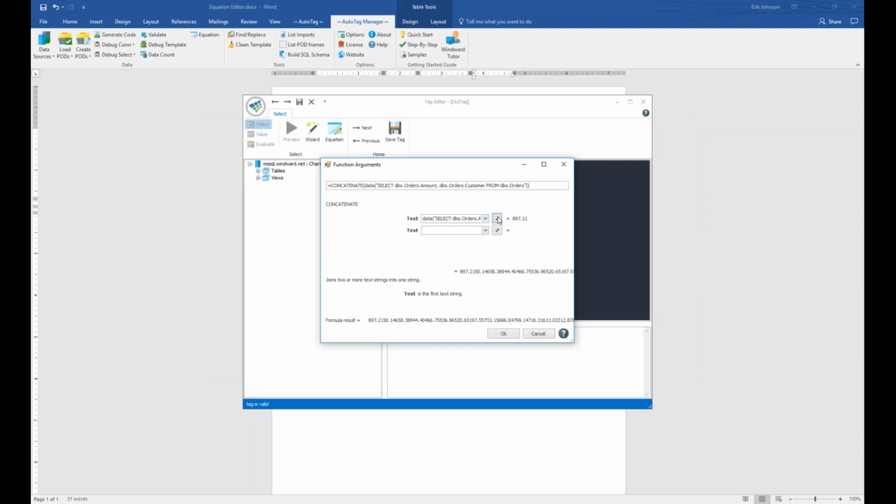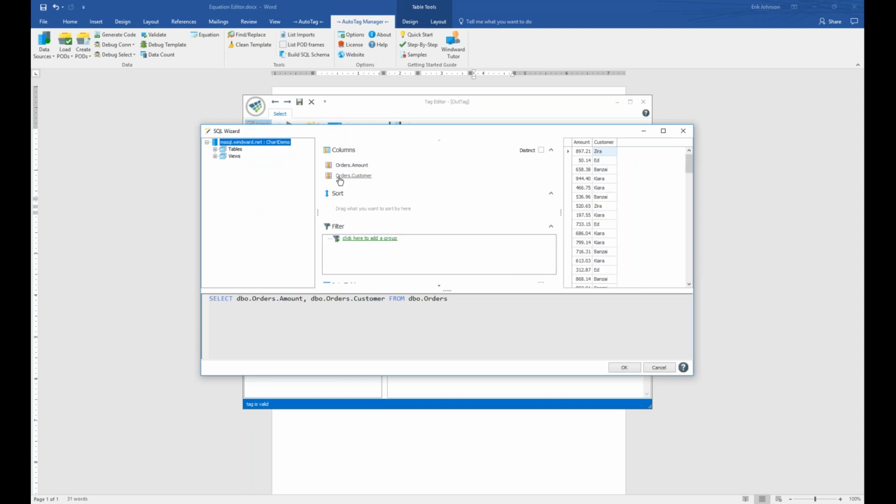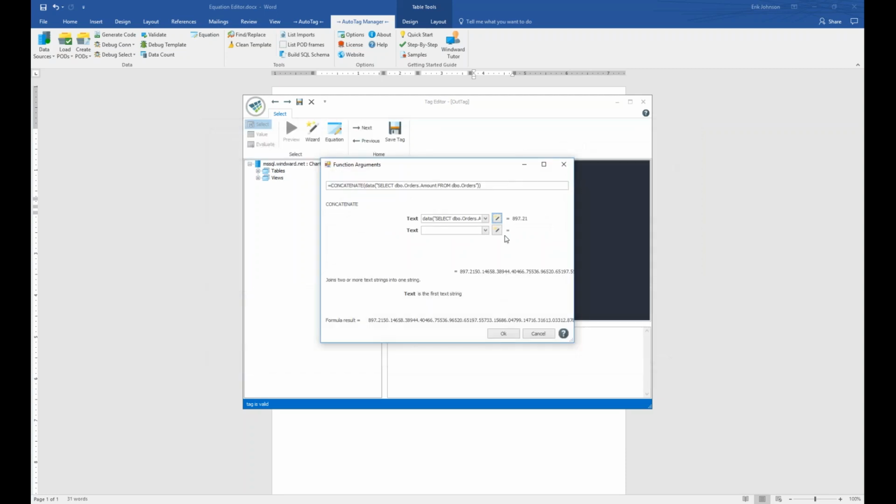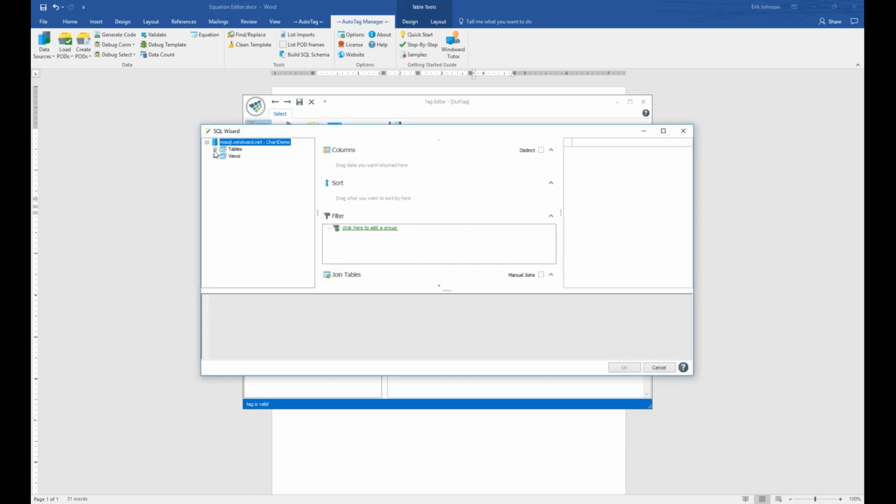Actually, we only want to concatenate one thing. Let's delete this. Okay, I want to concatenate that with